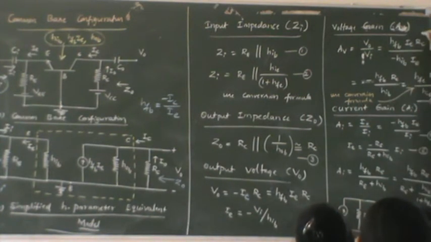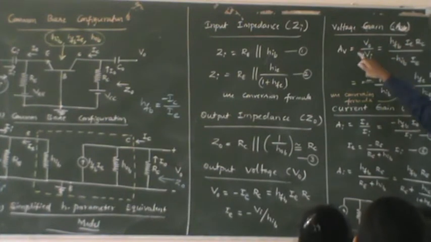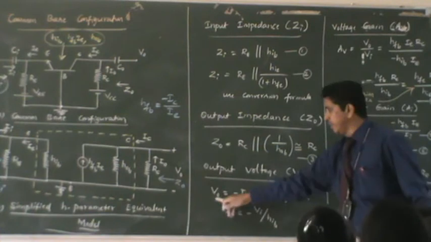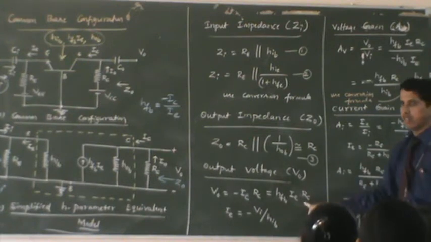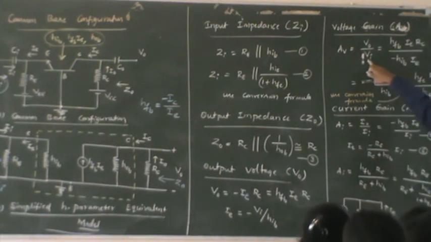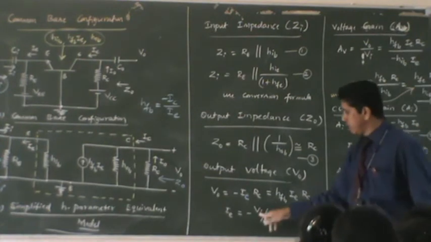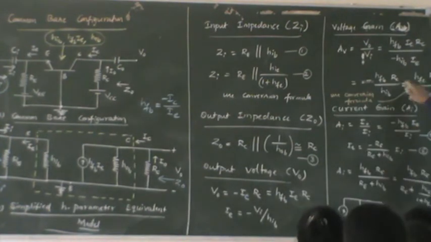To do that, you can see the voltage gain expression. Voltage gain from definition is V naught by VA. So V naught, after we have calculated here, you can substitute as HFB, IE, as well as RC, which is the same as this. And VA, if you cross multiply this, can be written as HIB times IE. Okay, up to this, any questions you have?